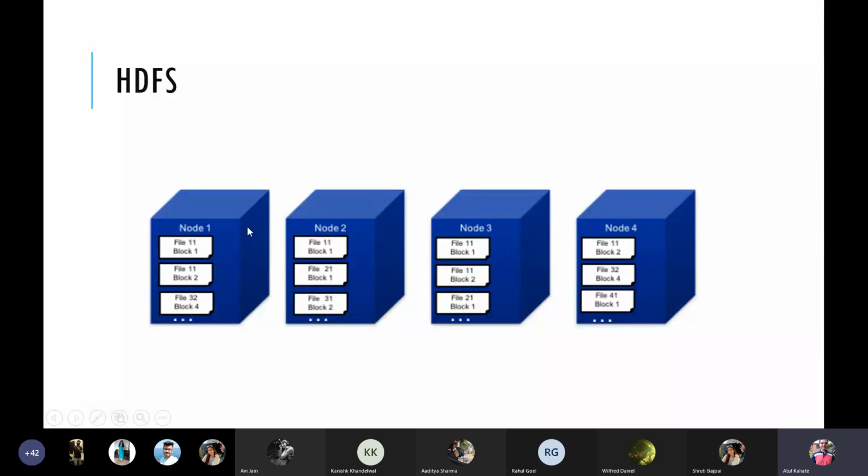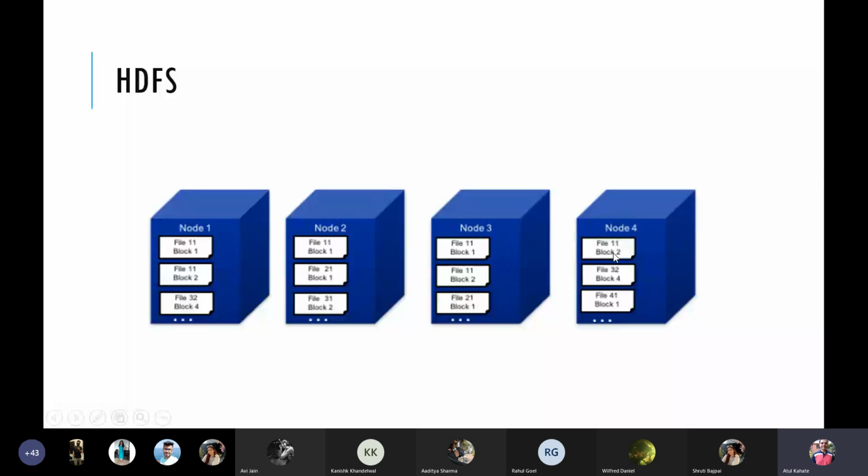So this is how it will look. For example, node 1 has file 11's block 1. Node 2 also has file 11's block 1. Node 3 also has file 11's block 1, but node 4 doesn't have it, which means that file 11 block 1, let's say this is the main copy and these two are the backups. Similarly, for file 11 block 2, this could be the main entry, and here is a backup and here is the second backup.